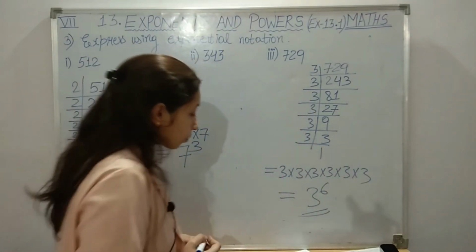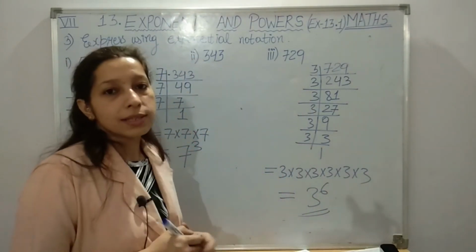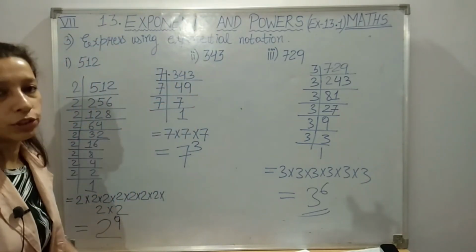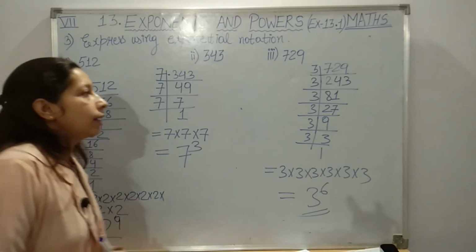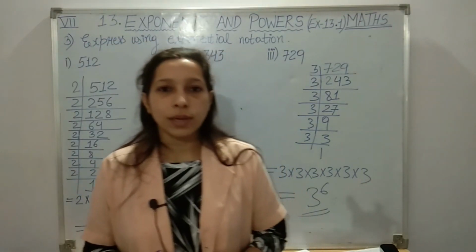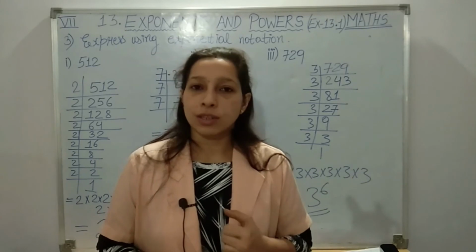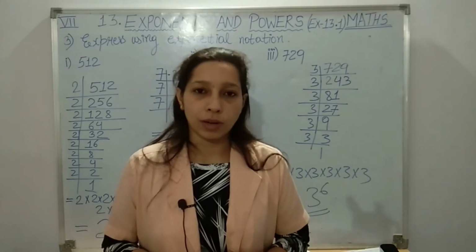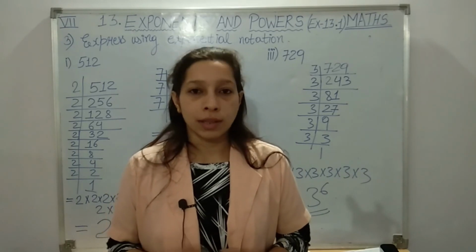Understood students? Okay, now one more point is there which will be your work. You are going to write that number in the exponential notation. Note it down, and that's all for today students. You have to again practice question number 1, 2 and 3. If you have any doubt, you can WhatsApp me and make your doubt clear, or we will discuss that doubt in the live session.